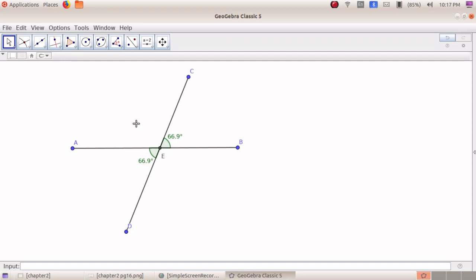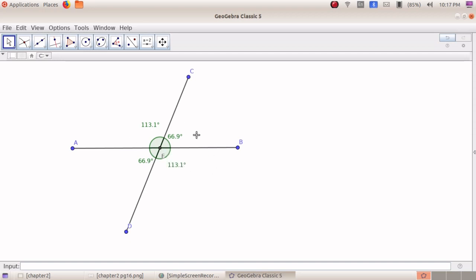Understood, children? Now I want the angles of these two areas, which means AEC and BED. So we remove it and click the angle tool. Click on the point C, E, A. Like that, D, E and B. So we got these two angles. Same thing, with the move tool you can move these two.